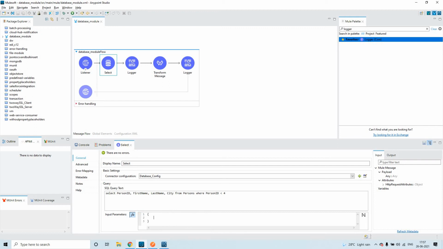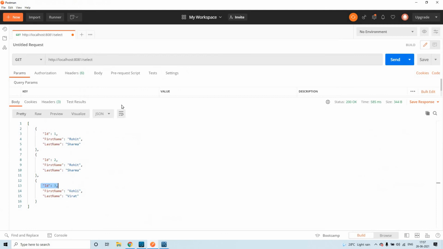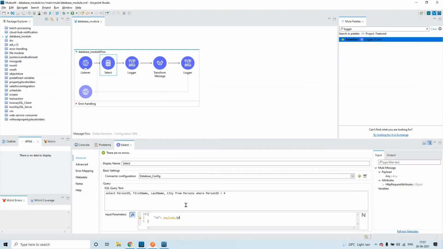I'm constructing an object here. An object means it is key value pair information, right? Let me put it as ID and keep it as payload.id. I'll send a payload from Postman, and from that payload I'll fetch the ID information, which is what I'm assigning dynamically.